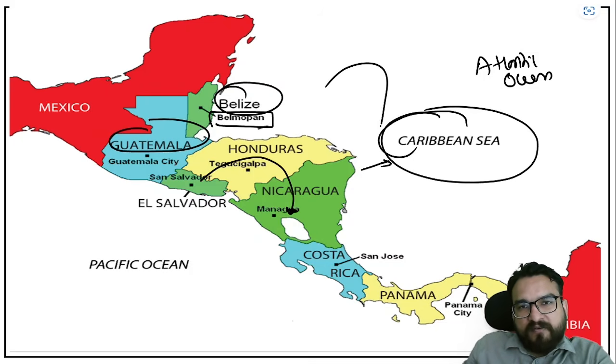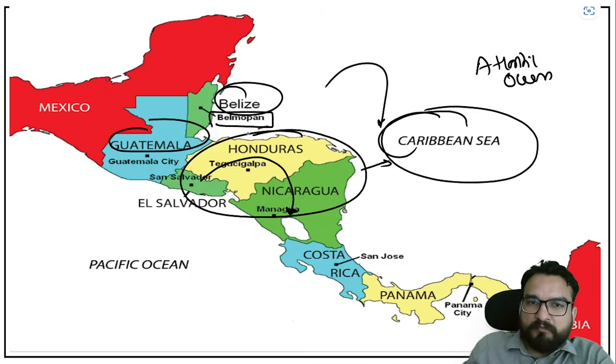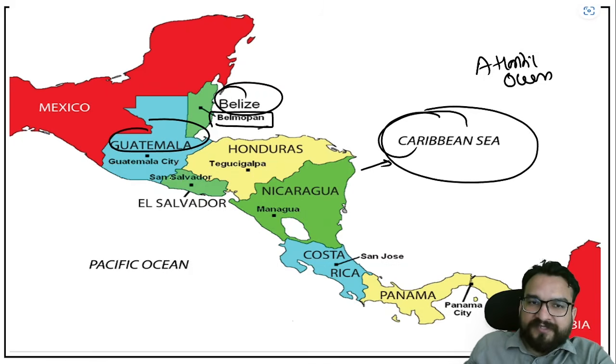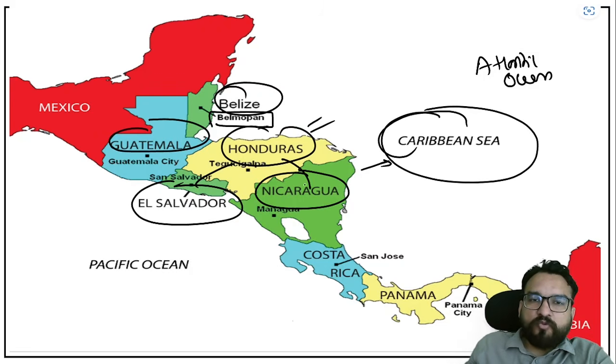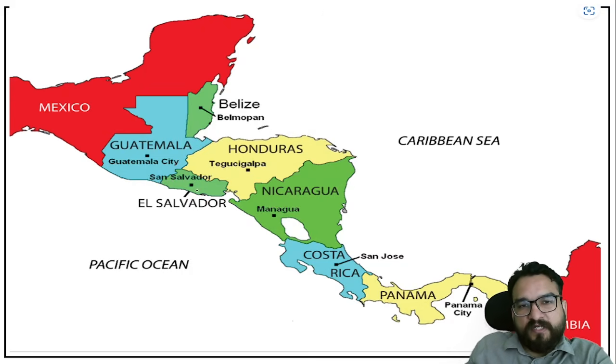Then over here, how will you remember these three countries? Like this. Again, one type of three countries you have to remember: El Salvador, Honduras and Nicaragua. Whenever you hear one country out of that, you should remember the other two. Honduras is related to El Salvador and Nicaragua. Again, check that El Salvador and Nicaragua are not touching each other, right?